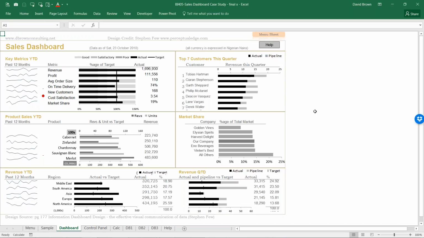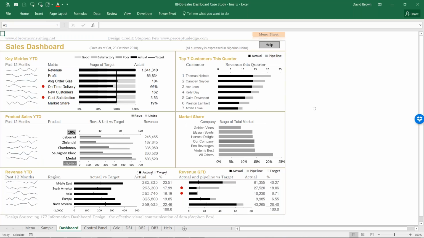Now, if you look at this dashboard, you could see to the top left something like past 12 months. When you see that, you would see what we call spark lines, just showing how the company has performed in the past 12 months. Now, that's all someone needs to know. You see that simple line there, it's called a spark line. And all it does is show performance in the past 12 months for revenue. You can see that it peaked in the middle, towards the end it dropped significantly and then peaked again. So that's a spark line. Now, someone else could use a pie chart, for example. Pie charts are very poor ways of showing data.